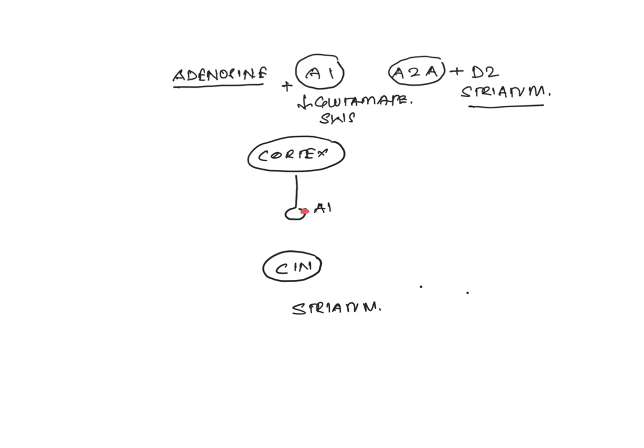Now, the dopamine that is poured into the striatum usually comes from dopaminergic neurons present in the brainstem. One of them is the ventral tegmental area, and these are usually responsible for the mesolimbic pathway. As the name suggests, meso means midbrain and limbic is the limbic system. The neurons from these areas project into the striatum, to the nucleus accumbens, which is the ventral striatum and plays a very important role in reward processing and motivation, and they also project into the dorsomedial striatum.